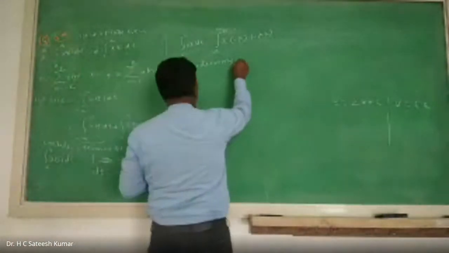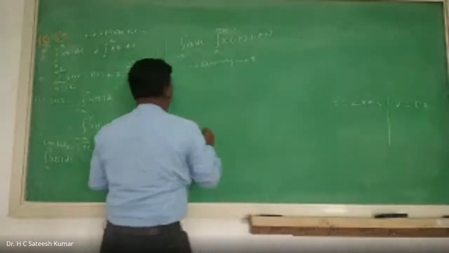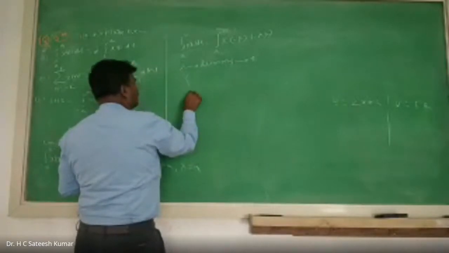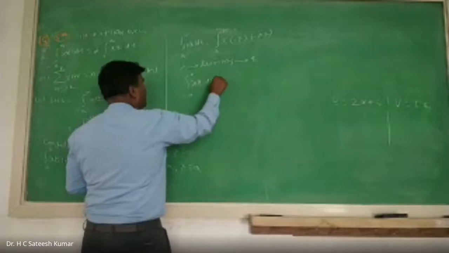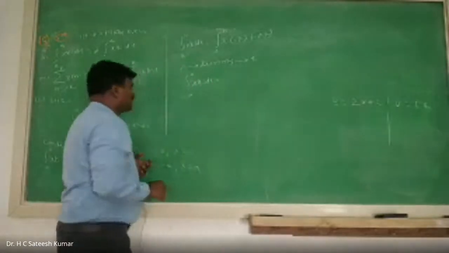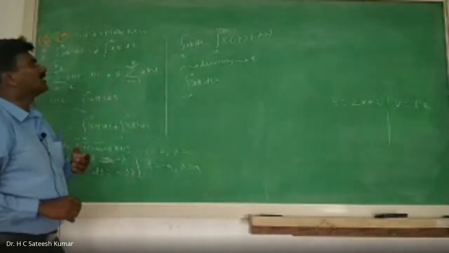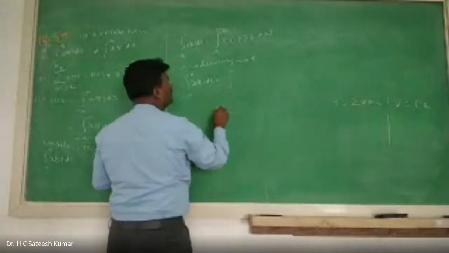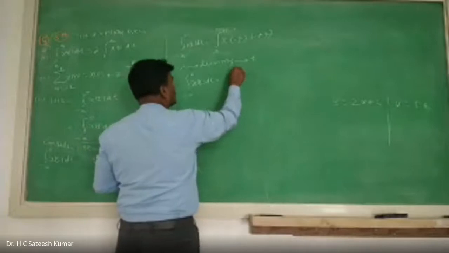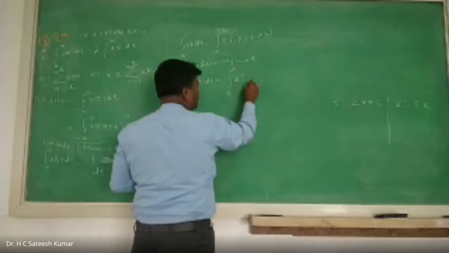Therefore, I can replace it by t. What is that? I can write it: integration from minus a to 0 of x of t dt is equal to... You can write it. Integration from where to where? From minus a to 0, x of the blind replacement.